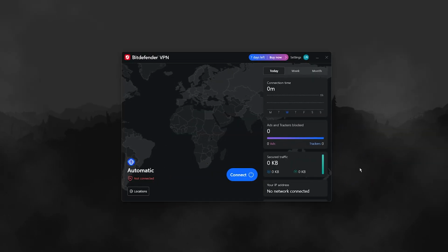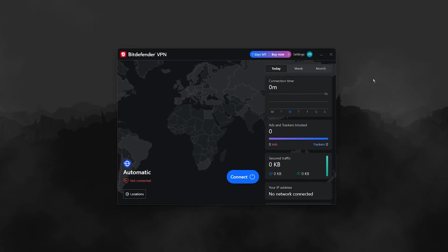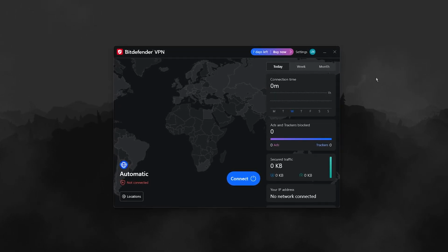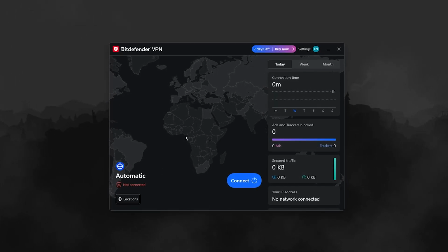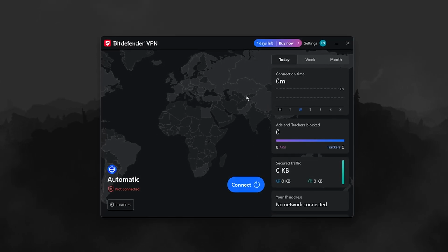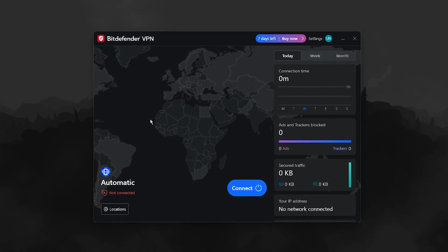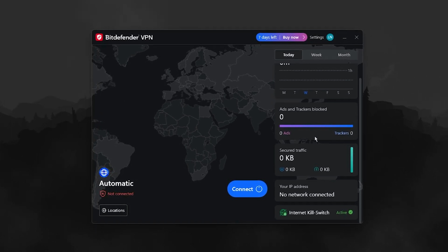Now, another thing that I found somewhat lacking is the ease of use and interface. For example, when I was downloading the VPN from their website, I wondered why the download size was 1 gigabyte. Well, it turns out that when you download the VPN, you automatically download the antivirus as well as the Bitdefender agent with it. And I found that quite annoying because I specifically wanted to download just the VPN, not the